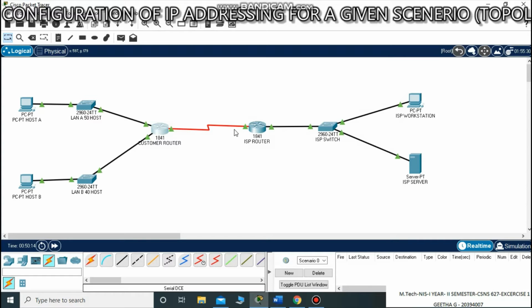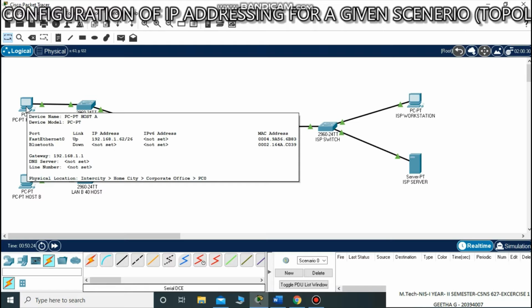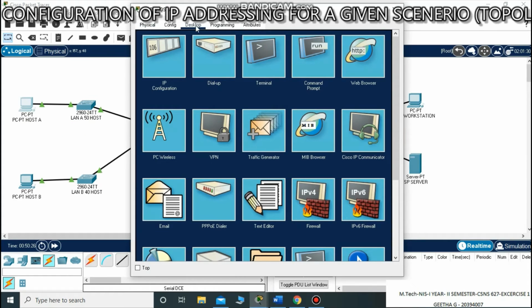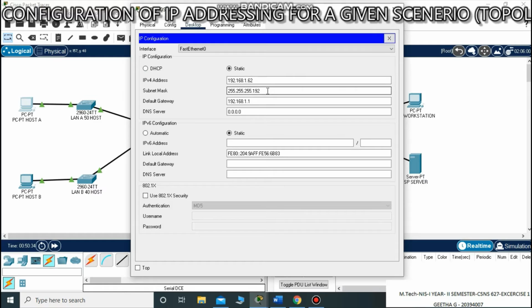Apart from this, to configure host A, to configure the devices with IP addressing, we click on the host, then the desktop tab, then the IP configuration, and we give the correct address for host A accordingly, as we have discussed earlier.